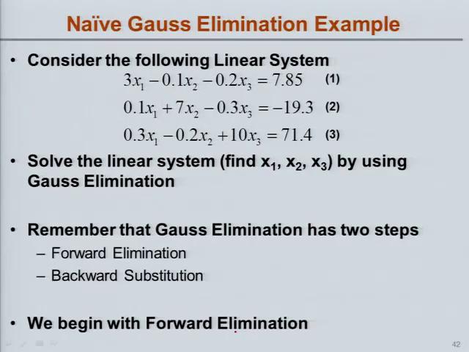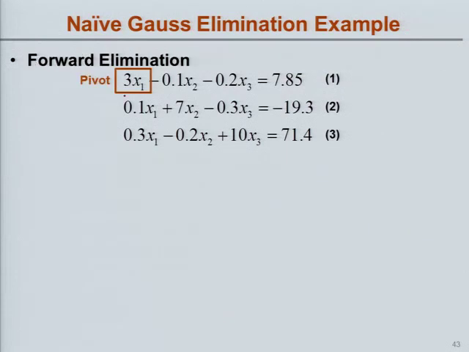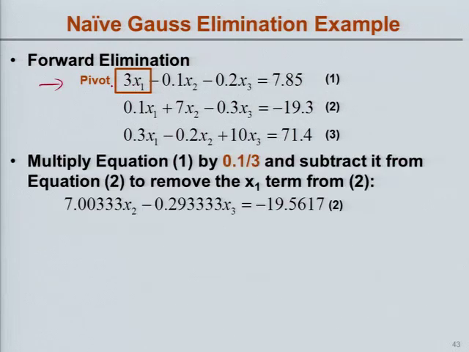So let's have a look at this system here. We've got to start off with the forward elimination. So we start off with, okay, the pivot point is the point that we're actually going to, it's the leading diagonal of this thing. So we're in row 1, it's the point number 1, column number 1. We need to get rid of this value here. What we've got to do to get rid of that value there is we've got to multiply this equation here by 0.1 divided by 3 and subtract it. So effectively we're dividing by 30, dividing this one here by 30, subtracting it from this one here, and we end up with